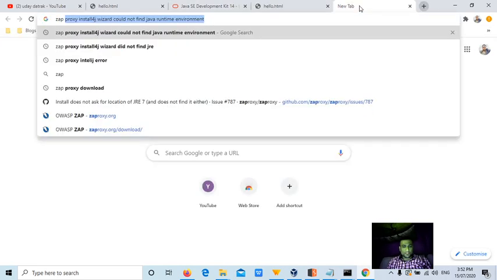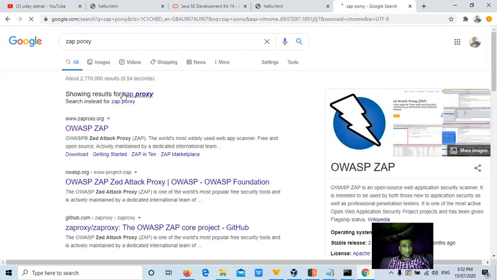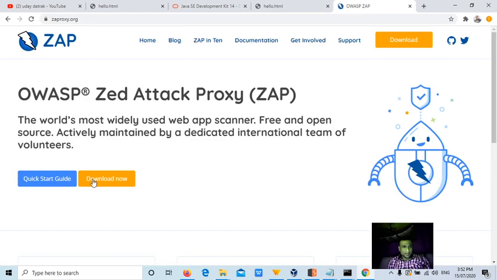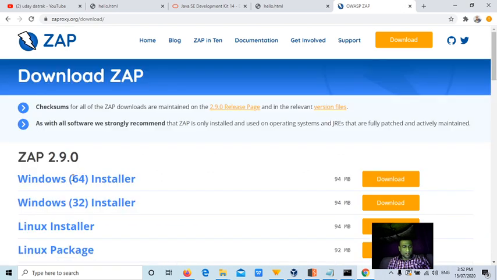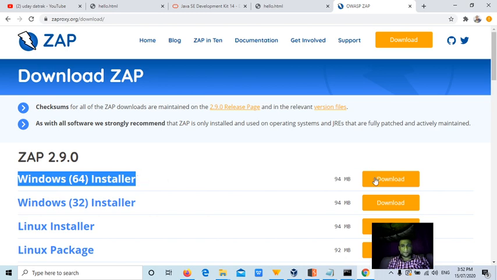Now what we're going to do is, what I have shown you about cross-site scripting is a little complex process. Let's say you are a noob, a beginner, and you don't want to use all these payloads, you want to find automatically. Then we will use the ZAP Proxy open source tool. Search for ZAP Proxy in Google. Then you can see zaproxy.org. Click on the download now button. If you are on Windows 7, 8 or 10, you need to download this version only.